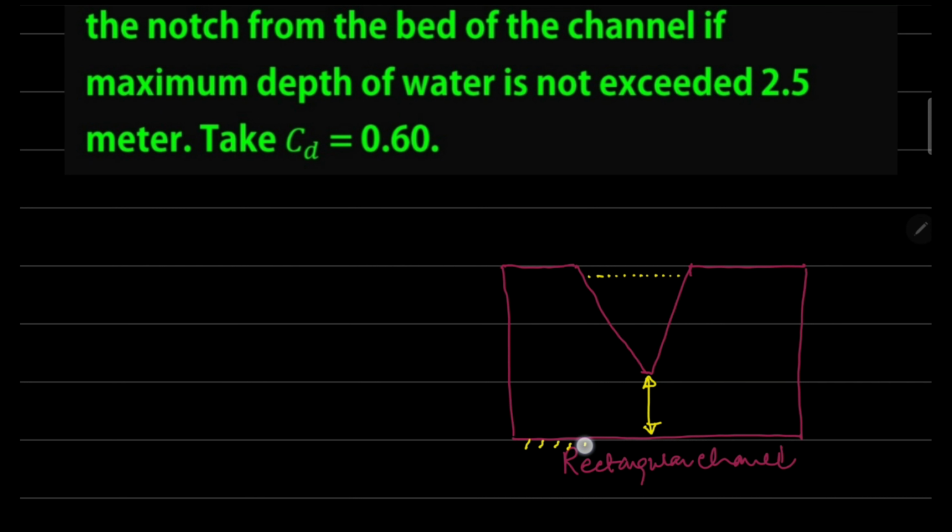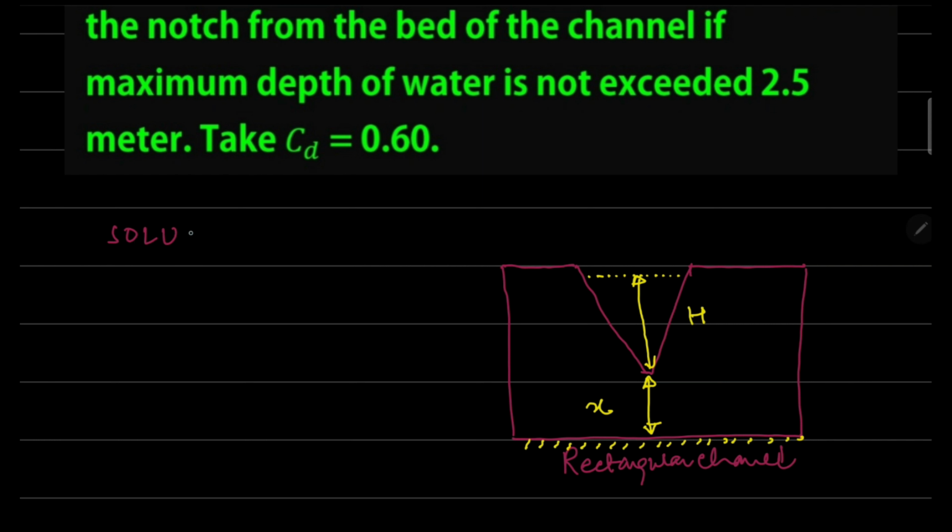So this is the channel bed, and let's say this value is x, and above the apex water is flowing, and let's say this height above the crest of the weir is h. So in the particular problem, the maximum depth of water should not exceed 2.5 meter, which says that